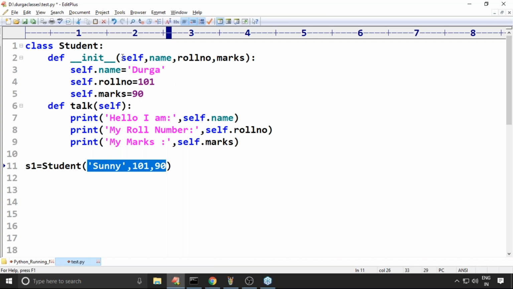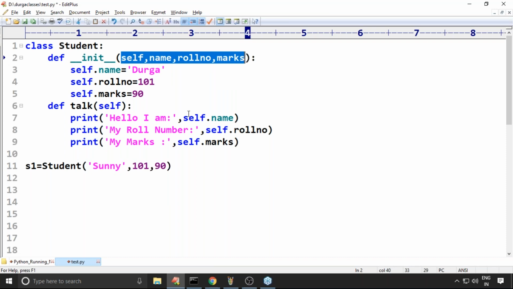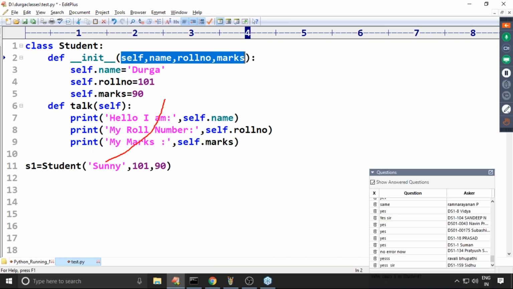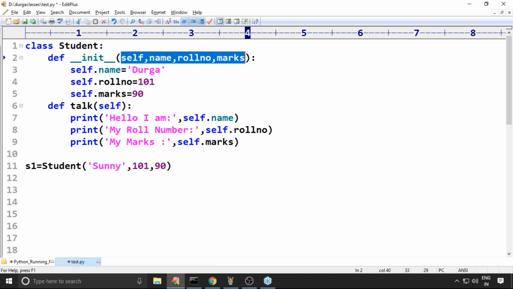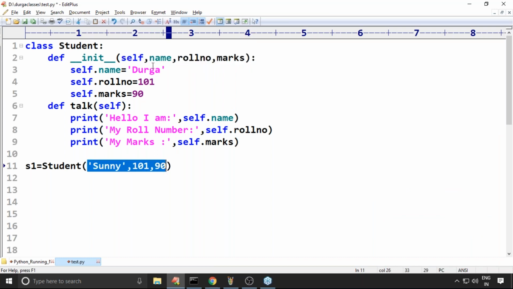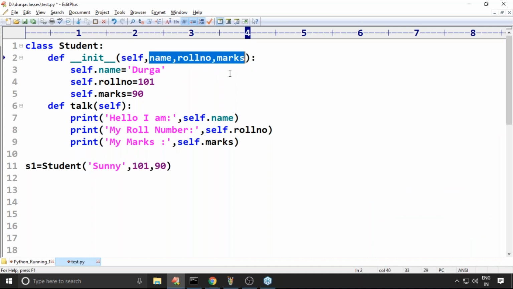Now it is expecting four. No problem at all. Now this Sunny will be the value of name, this 101 will be the value of roll number, and this 90 will be the value of marks. Remember carefully. Any doubt? So this is how we are passing values to the constructor. We are providing arguments to the constructor.